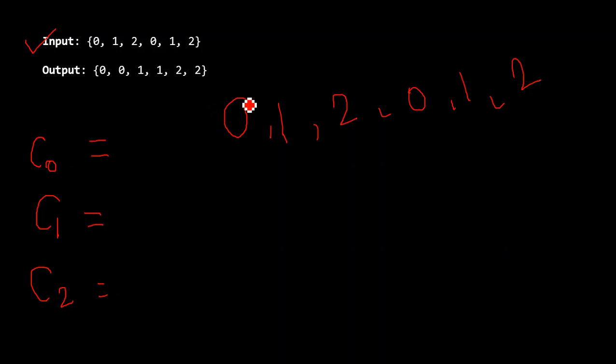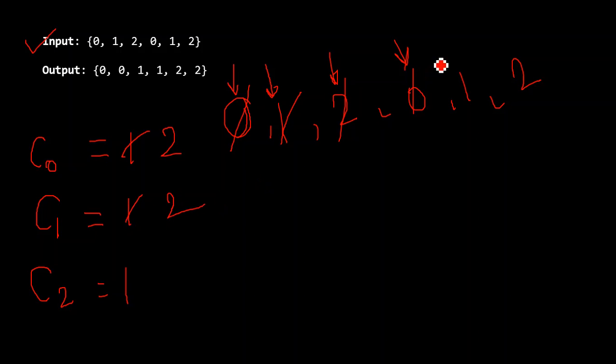So traversing, you are standing here at 0, so increase the counter of 0 to 1. Now we find 1, so increase that counter to 1. Initially it is 0, by the way. Again we encounter a 2, so we increase it to 1. Now we encounter 0 again, so increment it to 2. The same for 1 and 2.